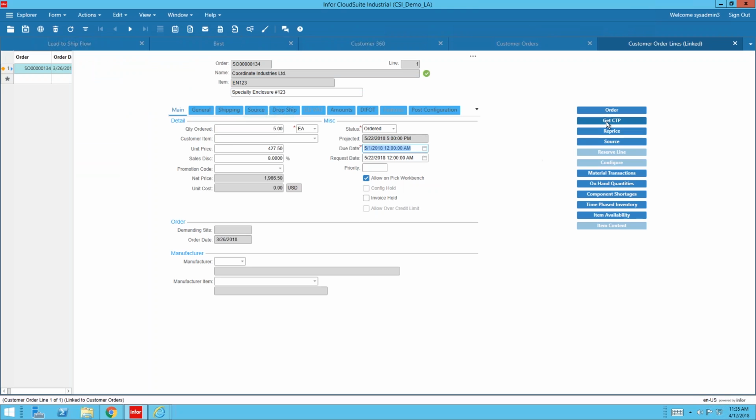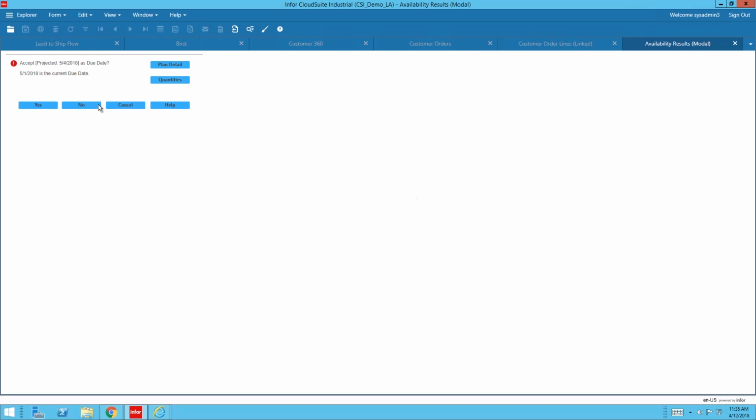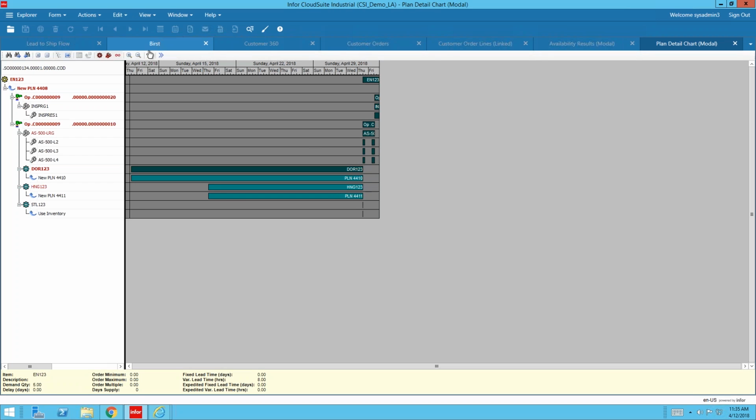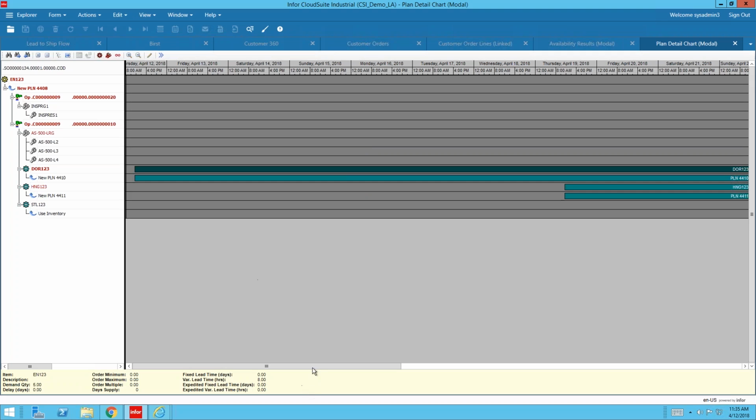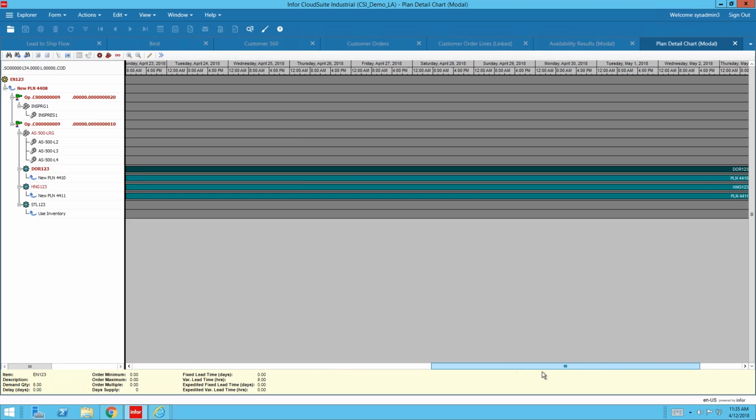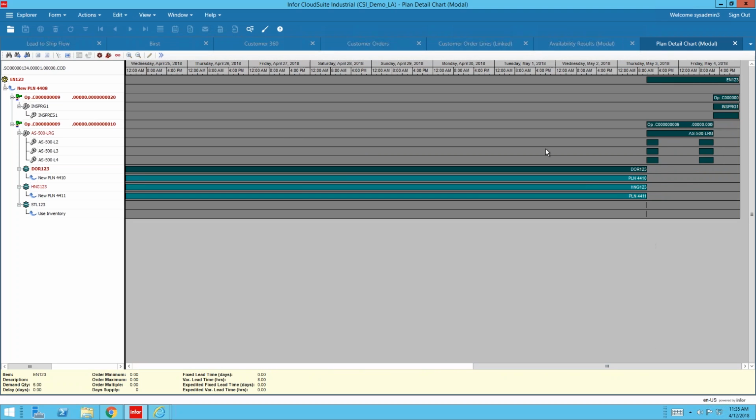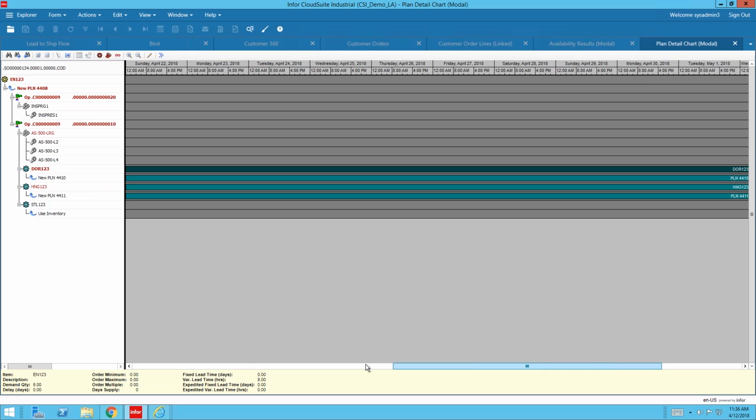Now, what if she had requested May 1st? Change this to May 1st and click Get CTP. Okay, now it says we can't accept May 1st, but we can accept May 4th if Jane would find that acceptable. So if I go to the plan detail in this scenario, let's expand this a little bit. That's saying if I start my order today on April 12th, I can promise it on May 4th because I've got a 15-day lead time, you'll see on my